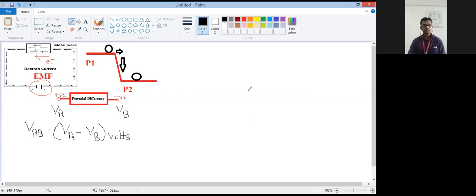Okay. Now, what is meant by positive potential difference and negative potential difference? So you have studied potential difference, the actual difference between the two potential points. There are two points, and whatever difference is between them is the potential difference. So potential difference can be positive and potential difference can be negative. Suppose your VA is at a higher potential level. The potential of VA is higher, the potential of VB is lower.